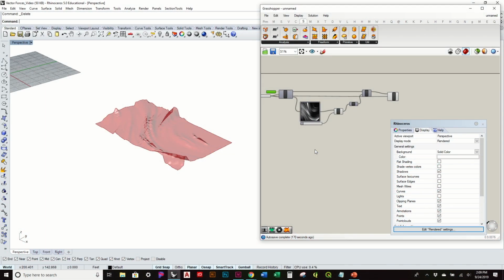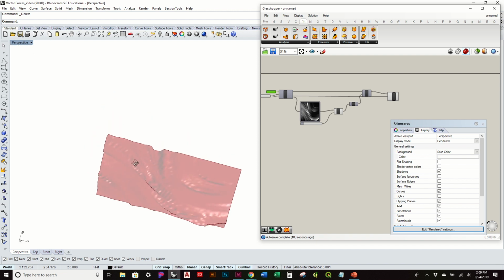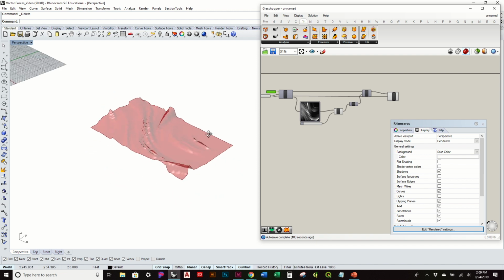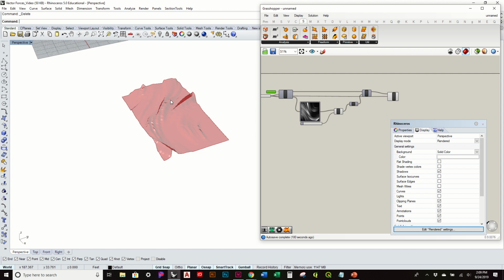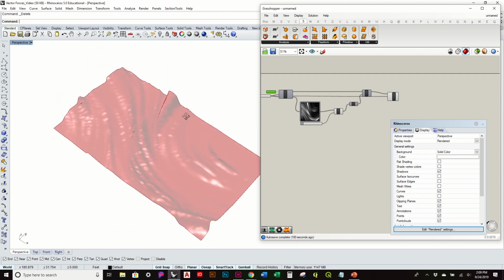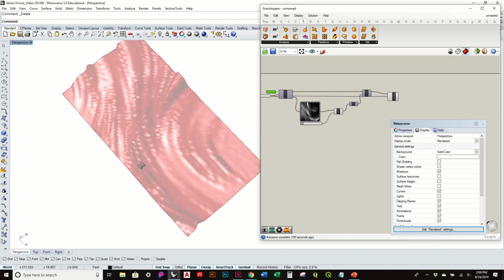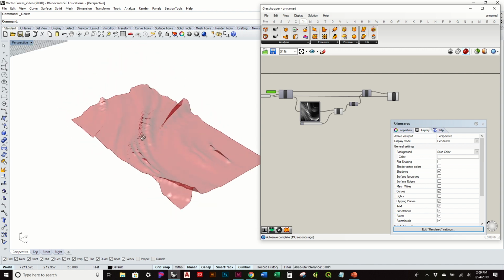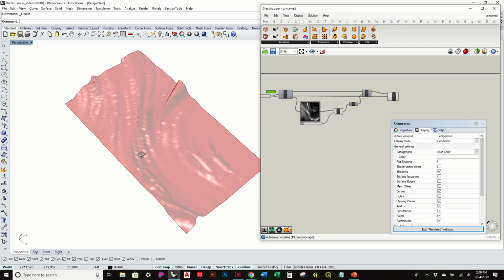Alright, so now in this video we're going to take an existing surface and begin to, for lack of a better term, apply some texture to it. We can do that by beginning to subdivide our surface using a variety of different types of cells or grids. So these can be square, triangles, hexagon, all sorts of different geometries. So you can have a lot of variation of how you tile it using those shapes, and then from there you can do all sorts of different types of